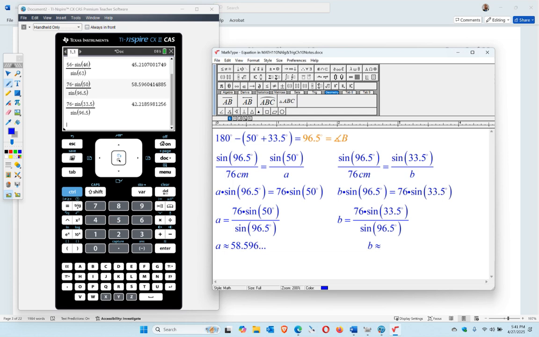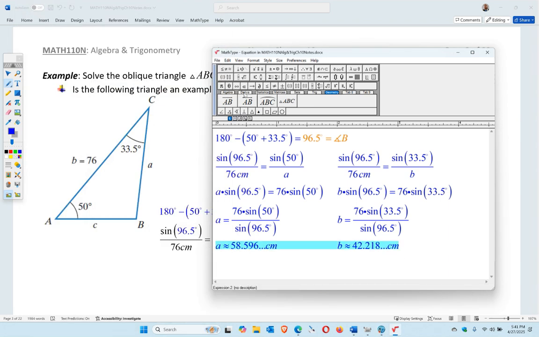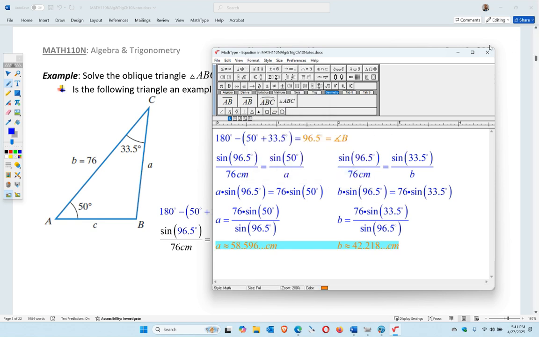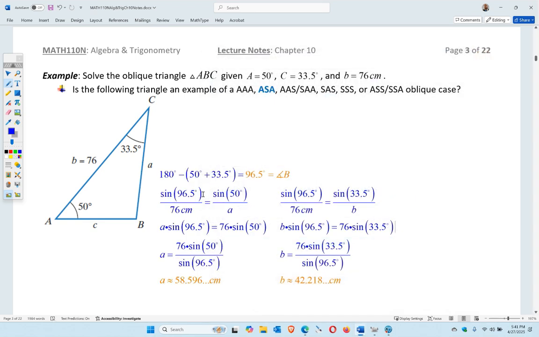58.596 dot dot dot. I think these are in centimeters, right? And B, 42.218 dot dot dot centimeters. Okay, so we'll make those orange for the answers. So now I have 3 angles and 3 sides. And what you'll notice is